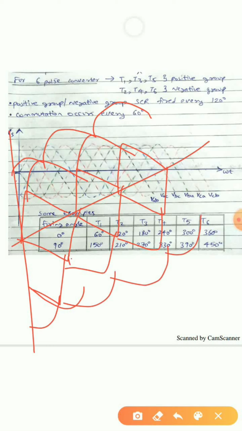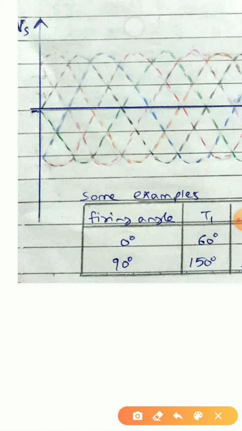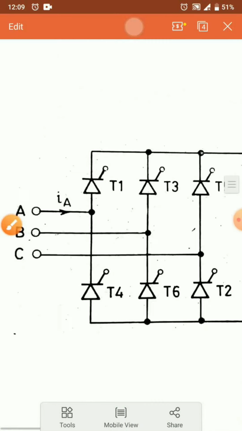Just joining the peaks of the triangle. This is my first waveform, this is my second waveform, this is my third waveform, fourth waveform, fifth waveform, and sixth waveform. So in this manner easily, that is, if I'm using a scale and marking, in this similar manner I can easily sketch the waveform, so it is clearly evident. So in this manner, if I am sketching, I can clearly sketch a 3-phase waveform using line voltages.